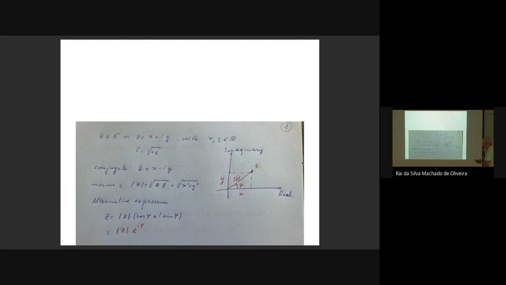Okay, so let's suppose that we have a complex number z, which may be written as x plus the imaginary unit, that is the square root of -1, times y, with x and y real numbers. So this is a complex number. In all operations that we can do with that, we have to take into account that i is the square root of -1, so i squared is equal to -1. Knowing that, everything is very, very simple.